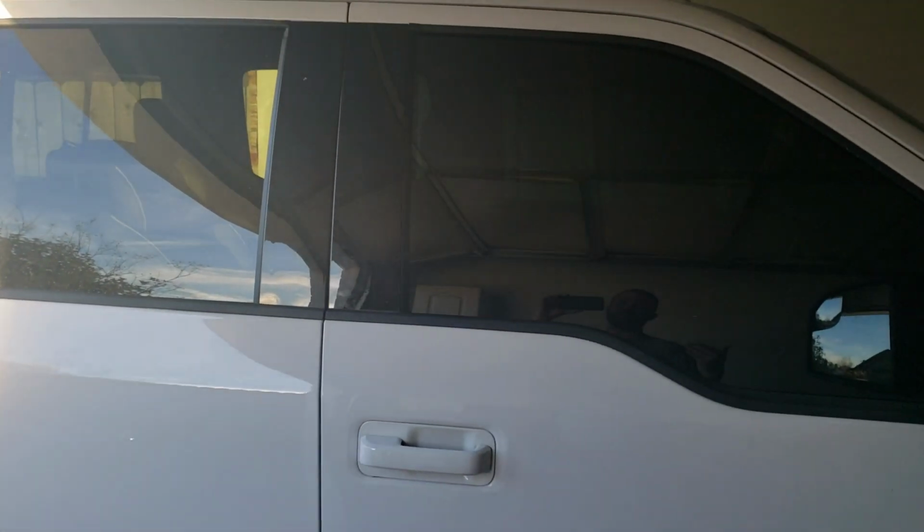And it hasn't been real warm here in Oklahoma City. It's about 60 the last couple days. And even then, it's really helped with the heat coming in. I like it already. But today, what we're removing